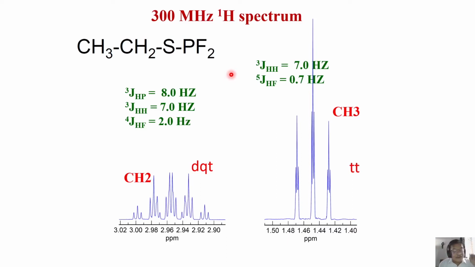And in the very first example, when I was giving you salient points of scalar coupling, you remember I said each nuclei can experience multiple heteronuclear couplings at the same time. It's a classic example now. The CH2 is experiencing coupling with proton, phosphorus, and fluorine, all the three. Once you know that, its analysis becomes fairly simple.